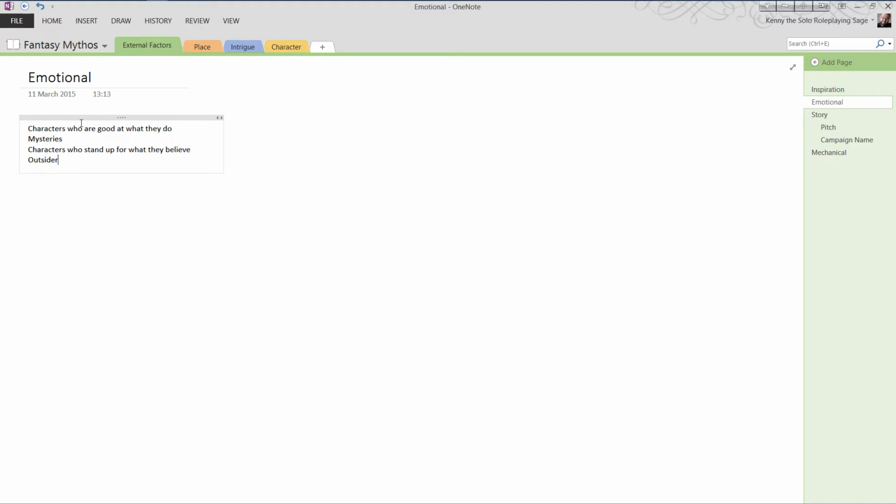Outsiders. I've always been a bit of an outsider, and I've got used to that idea, but I still like to hear about outsiders to see if they can do it better than I can do it. Family. In this case, family is probably not going to be biological, but it could work out that way eventually. Family is probably in this situation more of a group family of an organisation. And I like the idea of a troubled past as well.